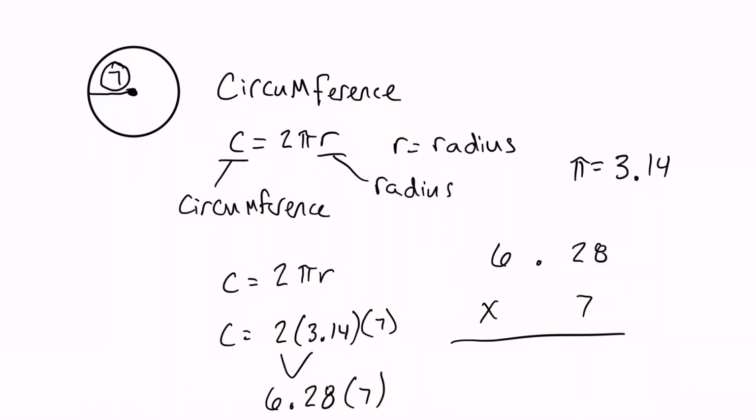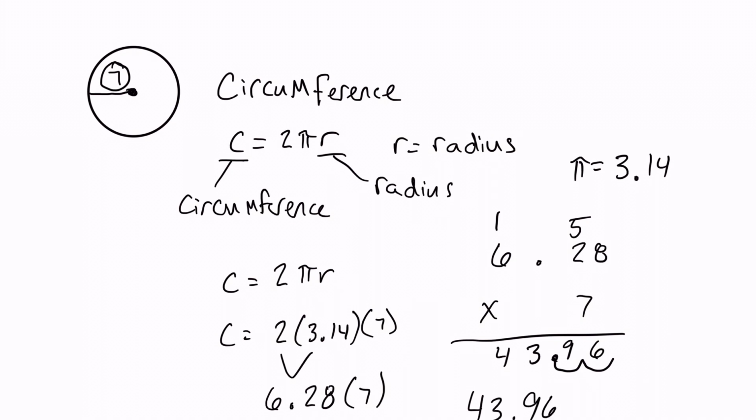8 times 7 is going to give me 56. Carry the 5. 7 times 2 will give me 14. Plus 5 will give me 19. 7 times 6 will give me 42. Plus 1 will give me 43. Now remember, we must move that decimal place back 2 places. So we start on the right side and we move to the left once, twice. And that'll give me my solution of